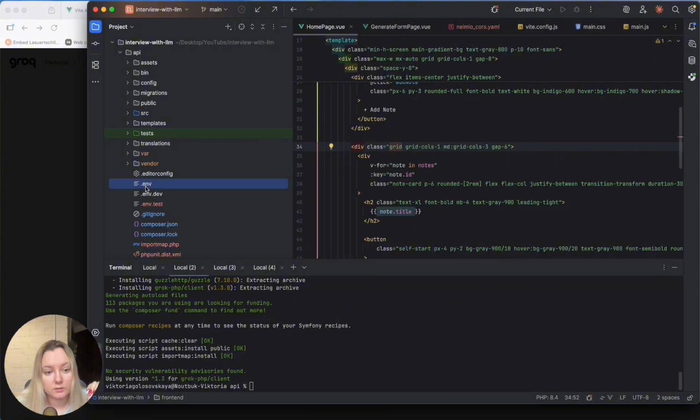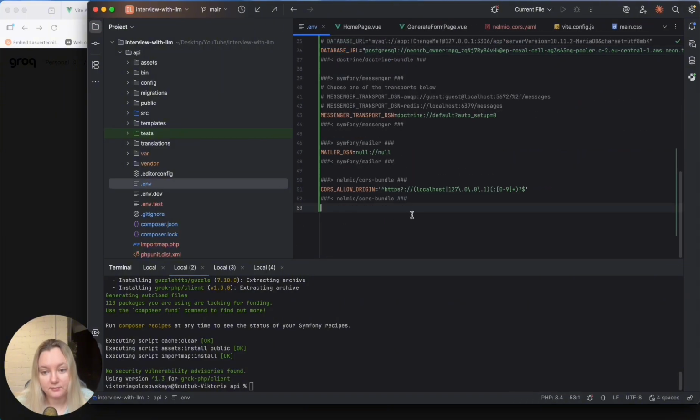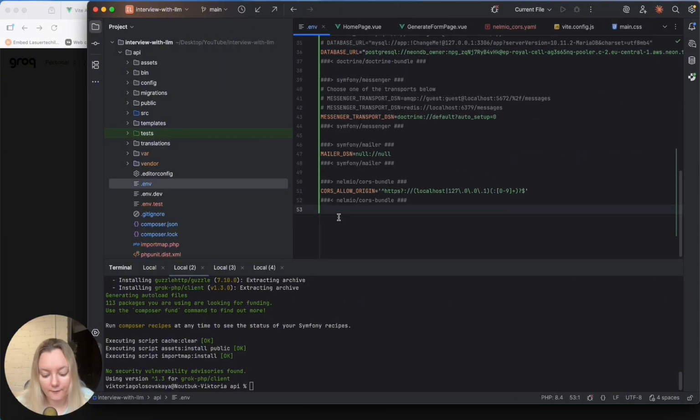Where are we going? We go to the .env file, and here we add a variable. Let's call it GROQ, yes, with Q, not with K, API key. Okay. Save it. And before we finally start to write our controller, where we're going to use this API key,